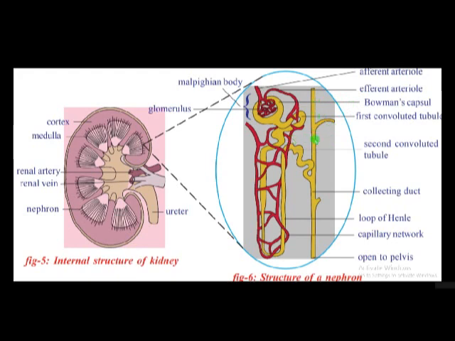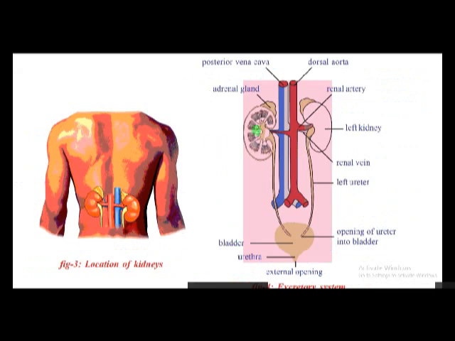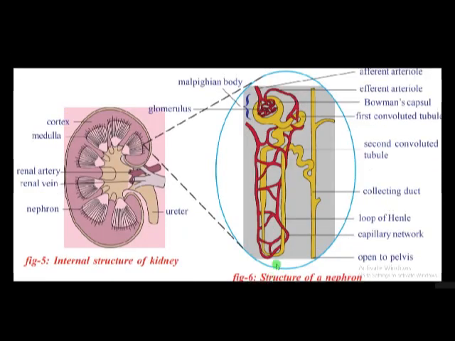And all collecting tubes form these structures in the kidney. They are called pyramids and calyces. And all these structures, this is the longitudinal section or internal structure of the kidney. If we observe the kidney, this portion is called hilus, and these are ureters. The starting portion of ureter is called pelvis. This is called pelvis, and this is a nephron, the structure of nephron.